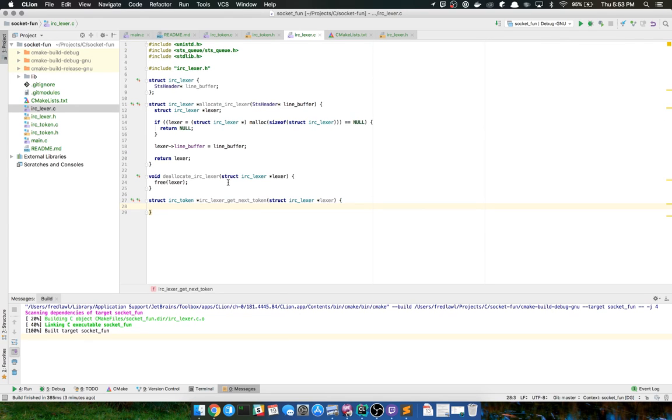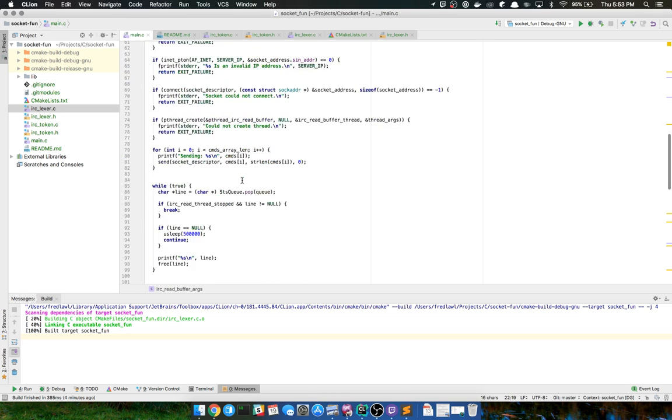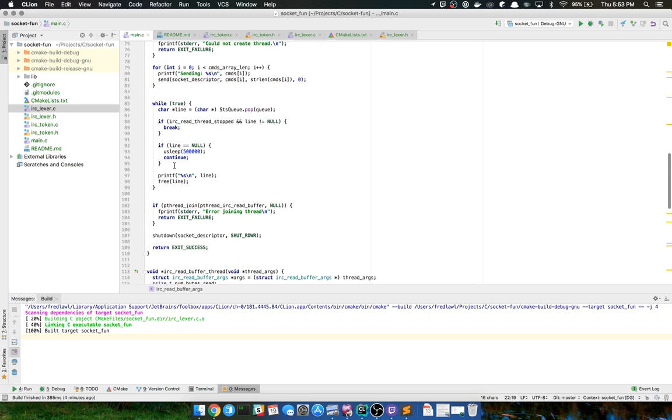So the thing to remember from our main function here is that we're going to be dealing with a thread, and it's going to continue to feed us lines.